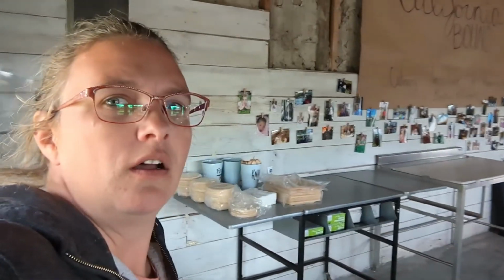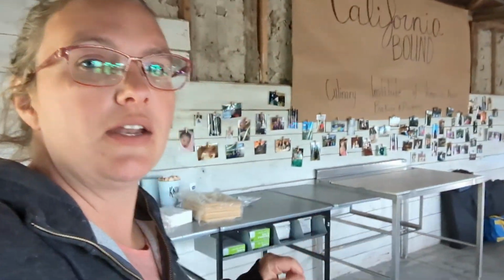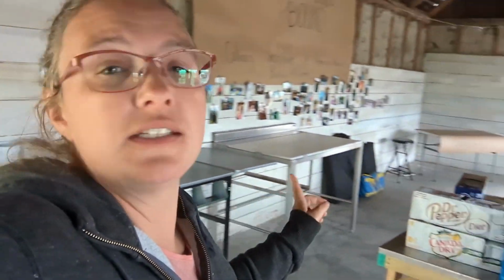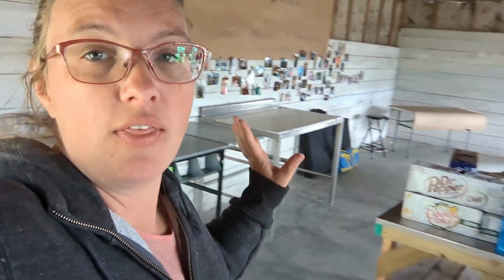So let's go here in the stone coop. We got it finished, so that feels great. So let me show you what we have going on in here. So we set up, you can see it's all painted, and we set up desserts on these tables. Her cake was there. We had a whole bunch of mini pies that Owen's mom made, and so we had all that set up so people could